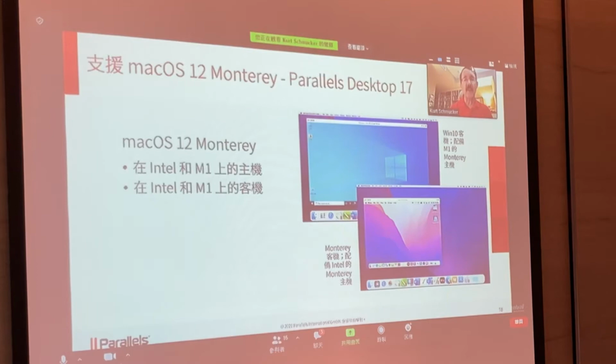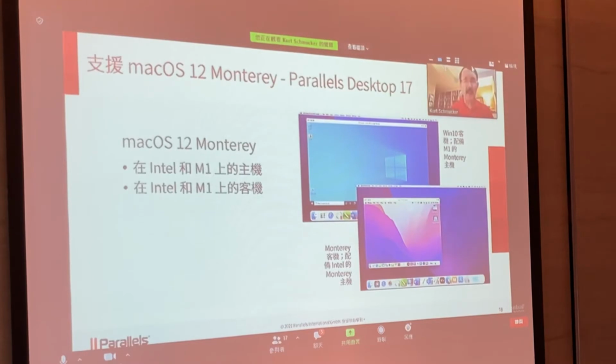The first time this is available is Parallels Desktop 17. 好，那我们这边看到的是呢，Parallels Desktop 17呢，它可以支援 Monterey 这一版本的作业系统，而且不管是在 Intel 的机器上，或者在 M1 的机型上面呢，都是如此，而且是作为 host 或作为 guest 都可以。那针对 M1 Mac 这样子的支援呢，我们算是业界第一家，所以 Parallels Desktop 17在这个方面呢，就是业界第一家可以做到这样的支援。